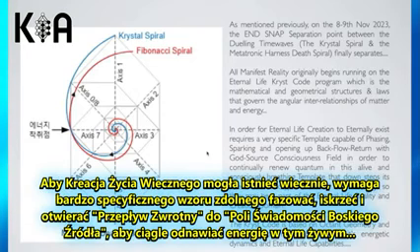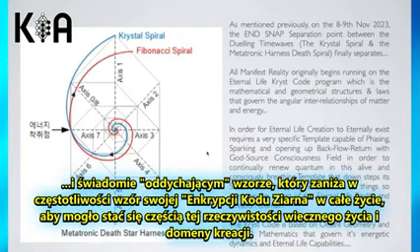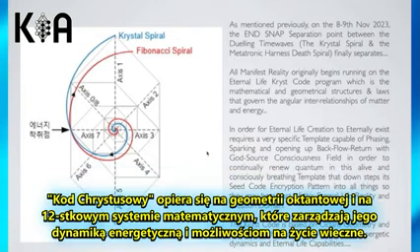In order for eternal life creation to eternally exist requires a very specific template capable of phasing, sparking, and opening up backflow return with God's source consciousness field in order to continually renew quantum in this alive and consciously breathing template that downsteps its seed code encryption pattern into all things, so they may be a part of this eternal life reality and creation domain. The Christ code is based on octant geometry and base 12 mathematics that govern its energetic dynamics and eternal life capabilities.